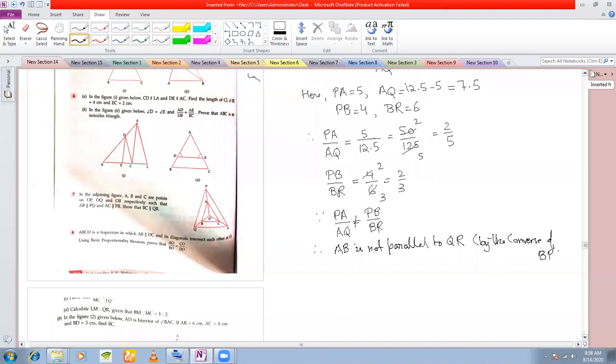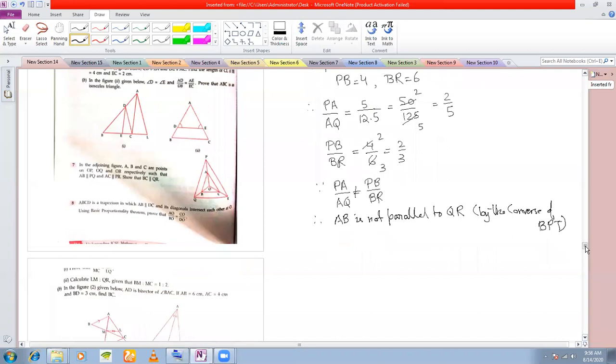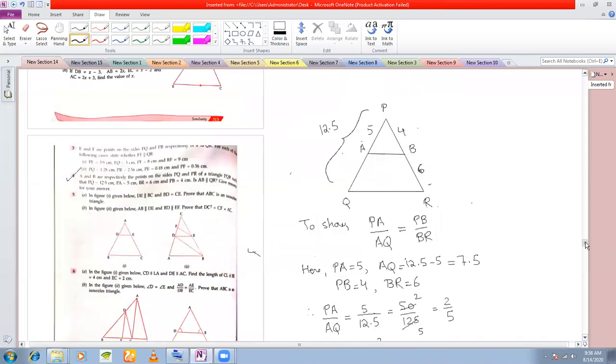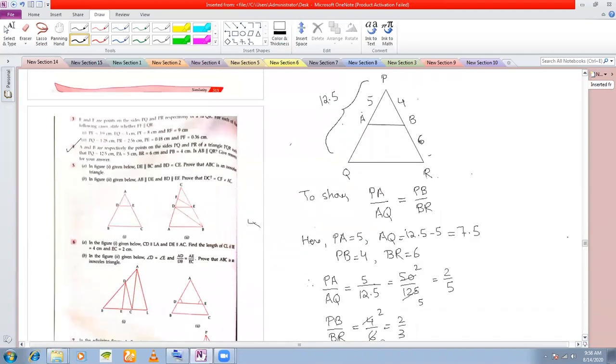Okay. So why have you written the value of AQ as 12.5? How much is it? Because that is what I can see. PQ is 12.5. Sir, AQ will be 12.5 minus 5, right? Yes, 7.5. That is what I've written. PQ is 12.5 minus 5 is equal to 7.5. But sir, in the calculation part it is written as 12.5. That's my mistake then. And we'll write 7.5.